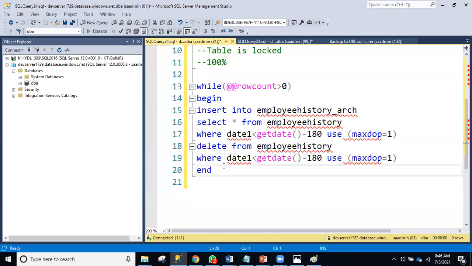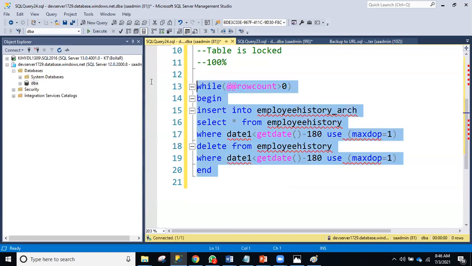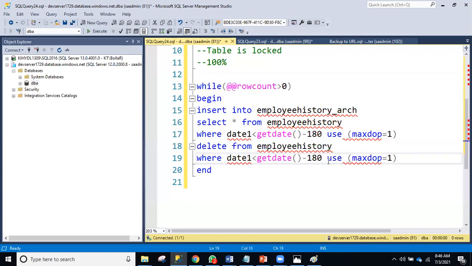So yeah, here insert into. I think we don't have to write USE, we can remove it. You can check for the exact syntax in Google. For understanding purposes, I keep USE. Even we can do this on a daily basis. On a daily basis, the data will be less, right?